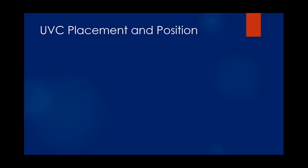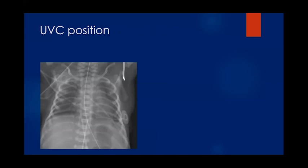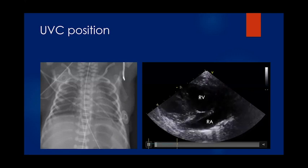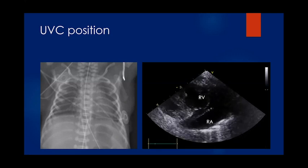Now, the other indication is UVC placement and position. If we look at this X-ray, for example, we have a neonate with a UAC that seems low lying, and we have a UVC that seems to be in normal position. Surprisingly, we did an echo, a TNE, for this one, and what we found is that the umbilical venous catheter is very deep in the right atrium, touching the right ventricle. And although the X-ray doesn't show that,